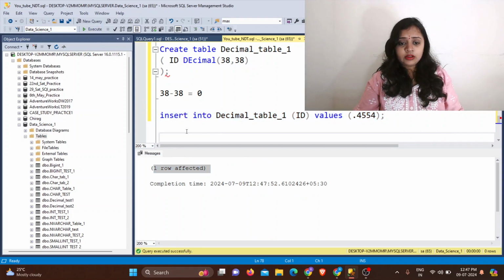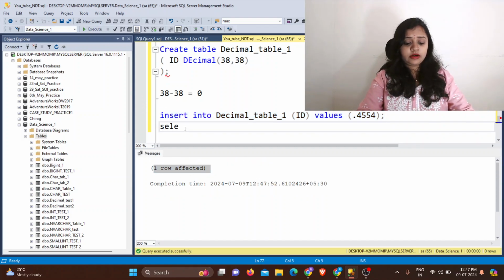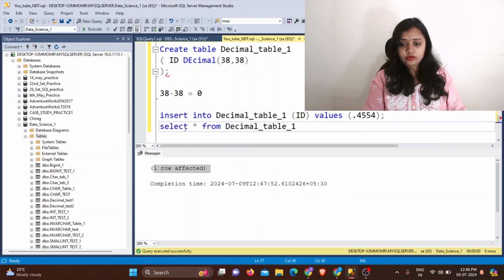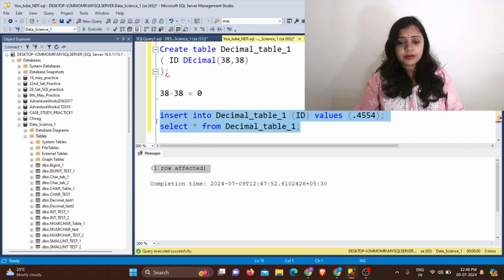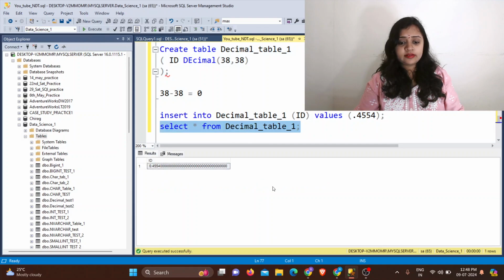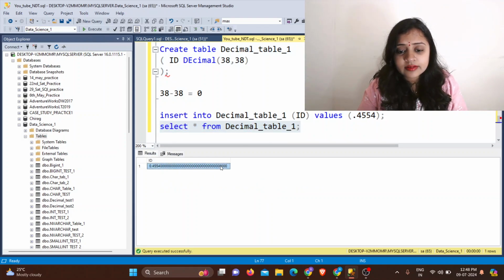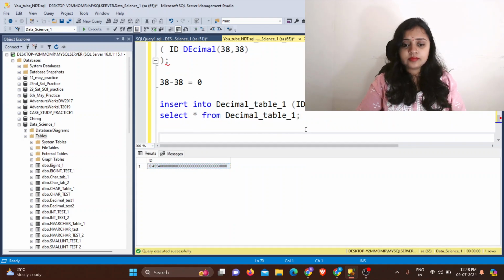If you want to see whether it is really affected or not, then just do select star from table name, that is decimal underscore table underscore 1, and then a semicolon, select this command and execute. See, I want to show what is happening here.